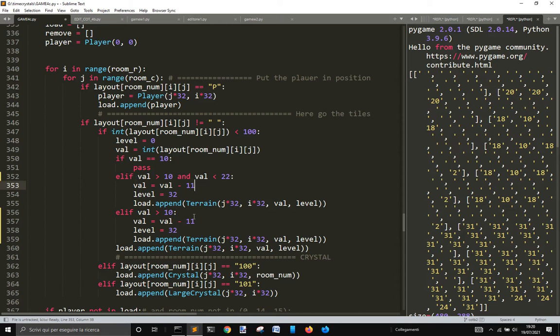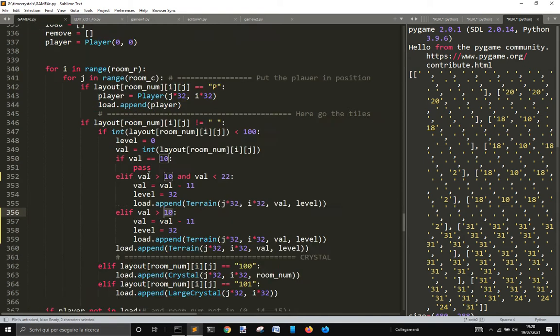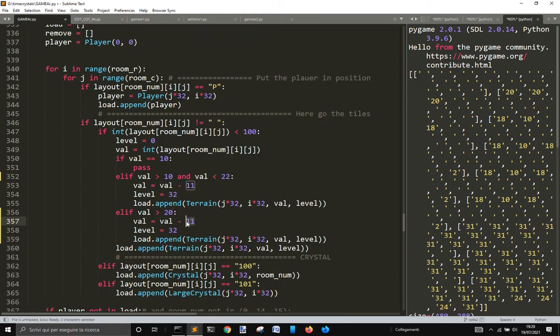And so, okay, this should stay the same. Instead here, if it's more than 20, this will be minus 22, because there are 11 tiles for each of these,